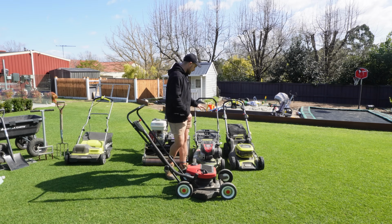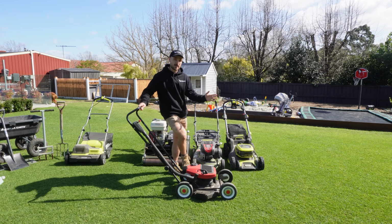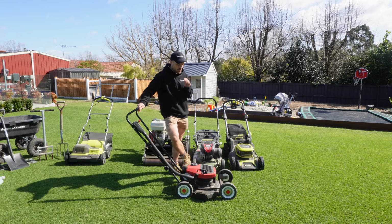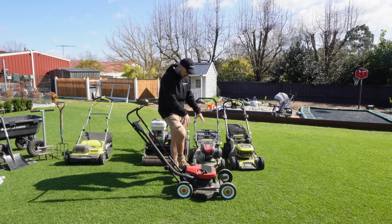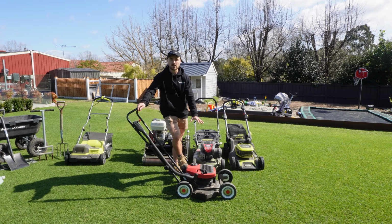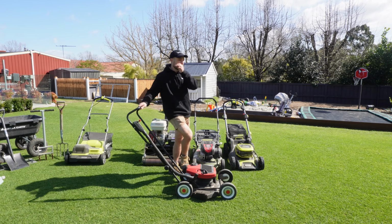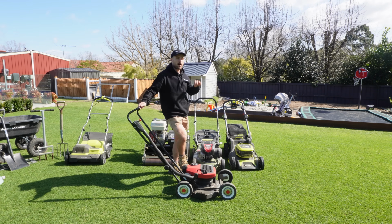I tried taking the catcher off that mower and running through it and then going and picking up all the clippings afterwards. Tried multiple things. With this, even from how this lawn looks right now, in theory, what I'm hoping is I can just drop this to the lowest level from the very start, absolutely annihilate my lawn, go across, picking up all the clippings,